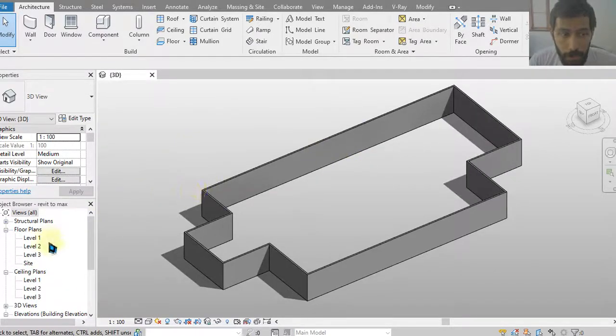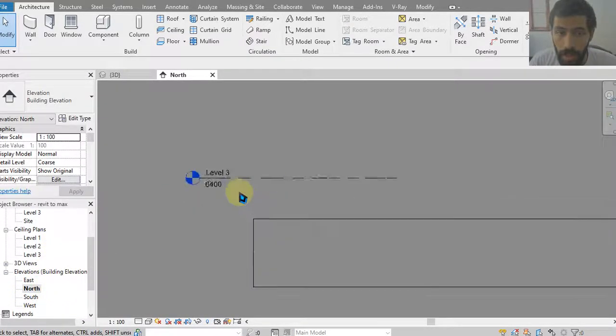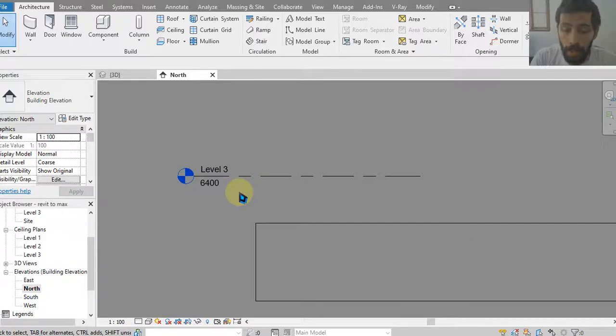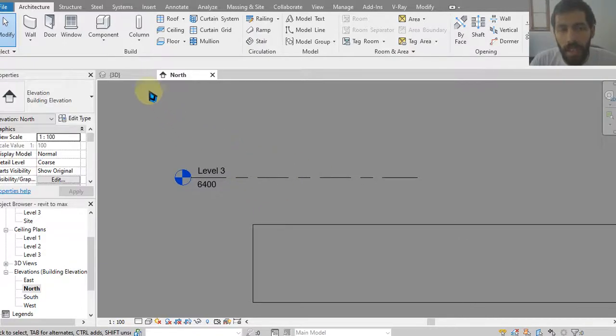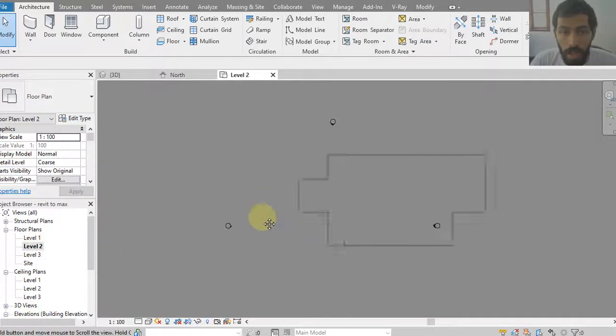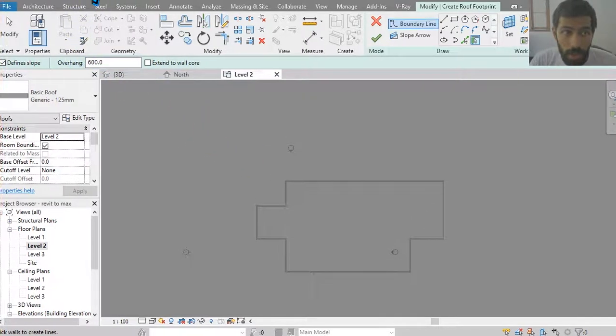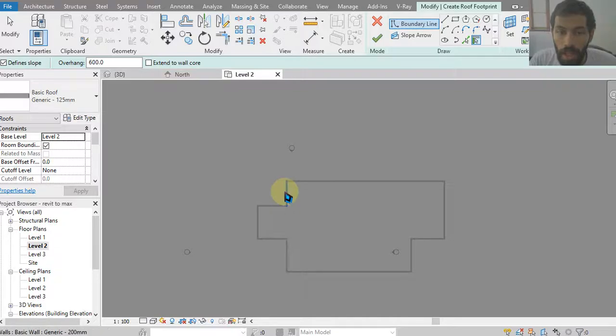The first time, in the elevation, I created a level which is used to cut my base roof. Why? I'll tell you now. First I'm gonna get into Level 2, then I'd like to get into roof. Overhang maybe 60 centimeter and define slope is turned on, and then